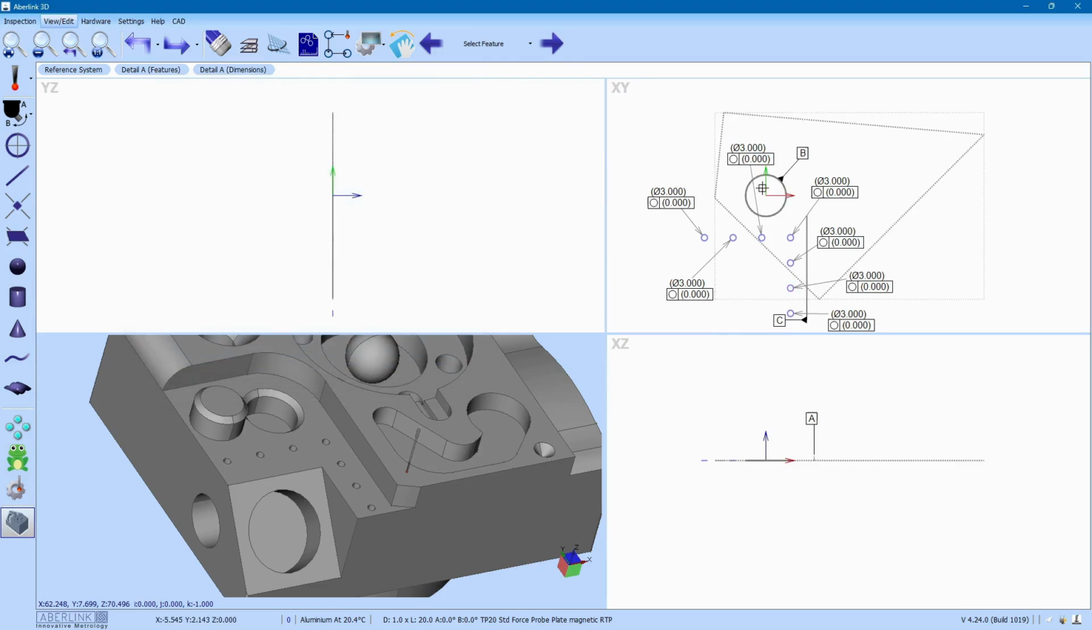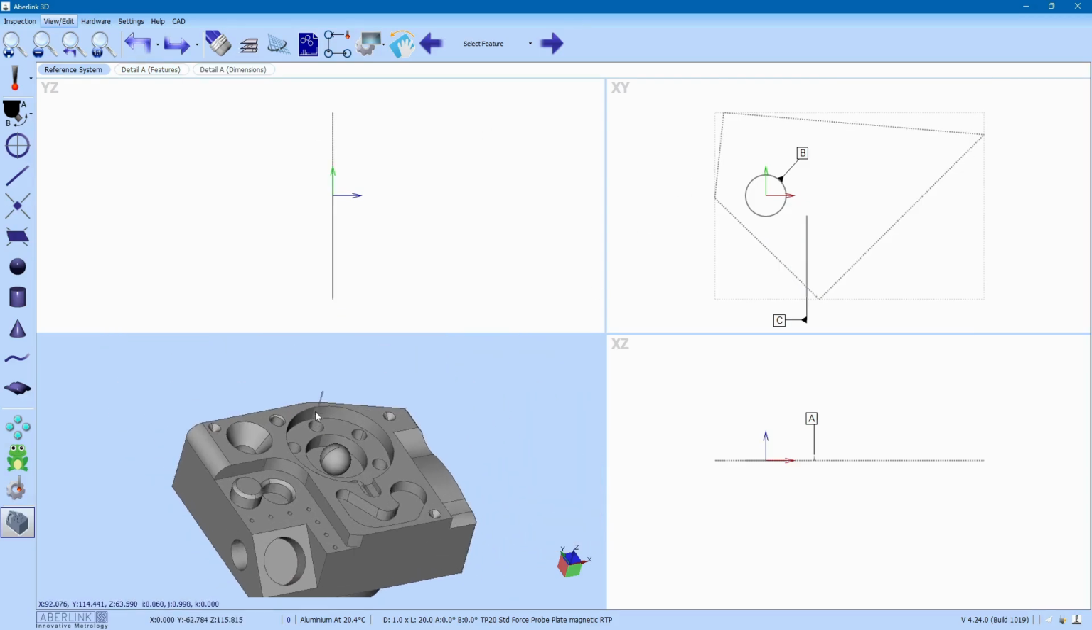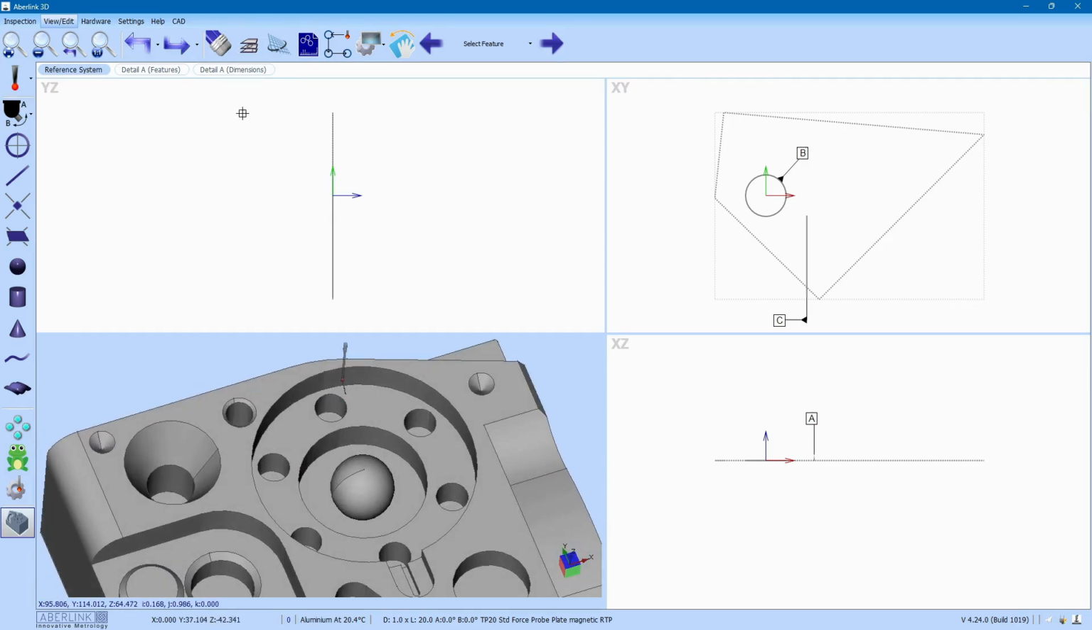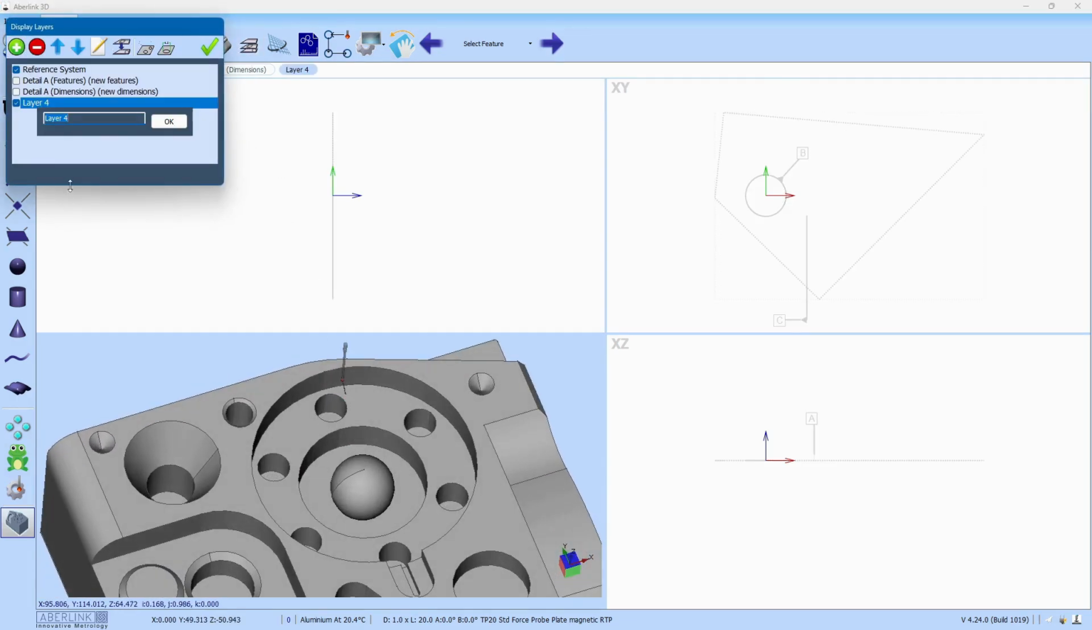Again, at any point once I've finished with these, if I want to free up the screen, I can just switch them off by clicking on the toolbar. So one last go there just to show you. Let's say we have this PCD hole again. So again, display layers, add new layer, PCD holes,